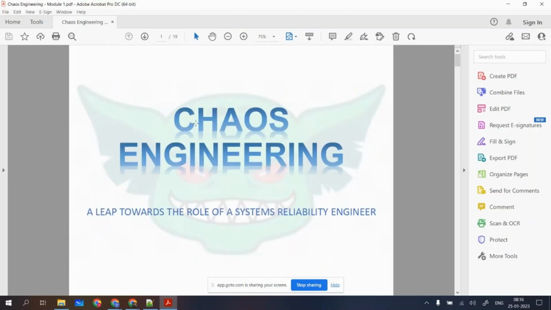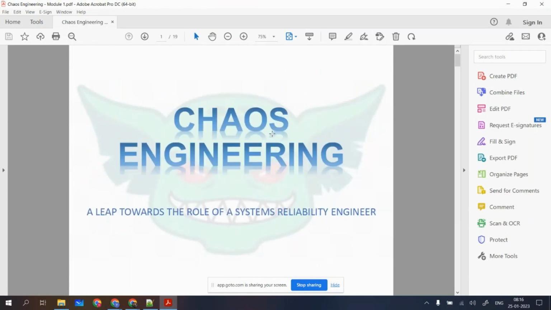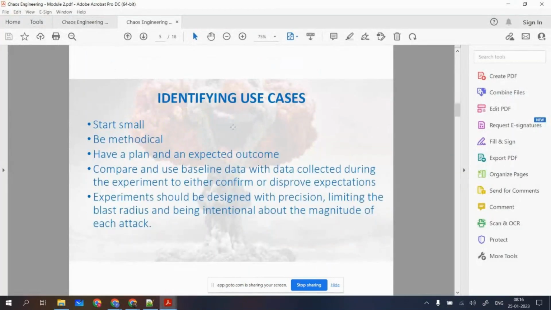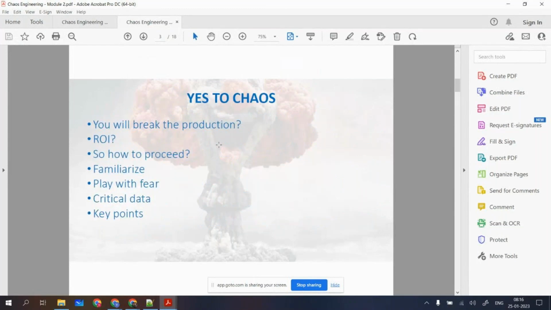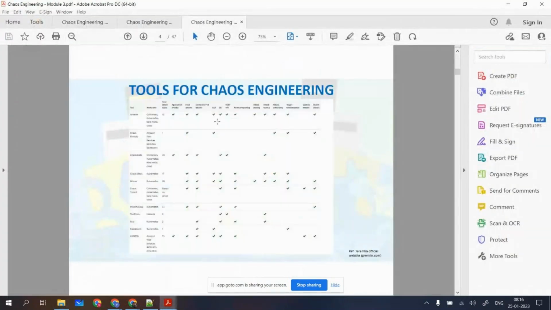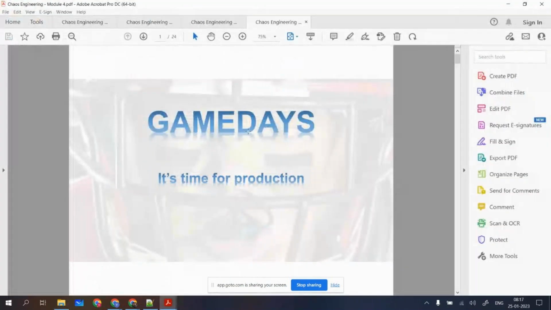For example, this is module 1, which is the introductory module where we try to understand the principles and all. Then we have module 2, where we speak extensively about identifying the use cases, planning and all those related chapters, or we can say the syllabus will be covered in module 2. Module 3 is extensively on the tools, like for example, Gremlin, Docker, Kubernetes, then the different CI/CD pipeline APIs. Those will be covered in module 3, and module 4 will be mainly on the game days,